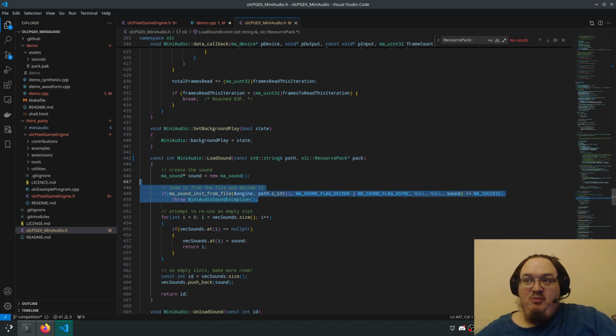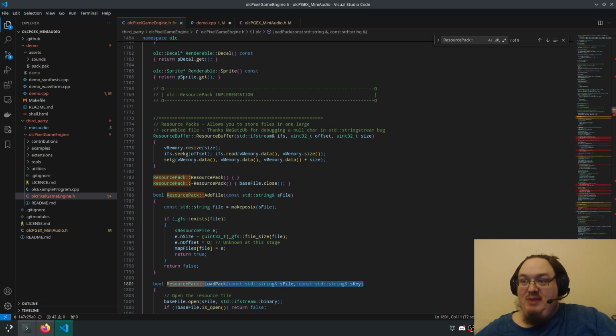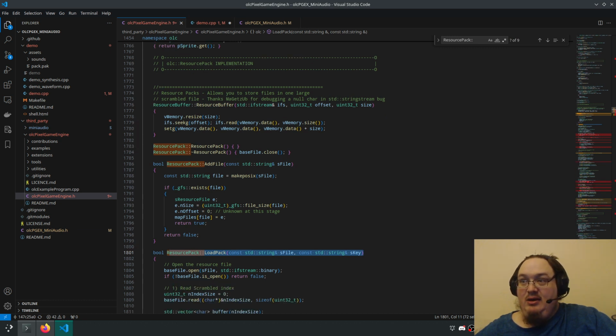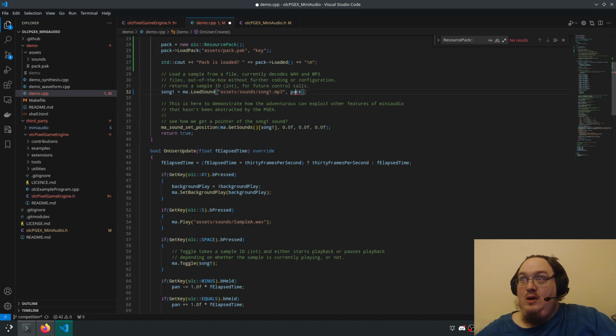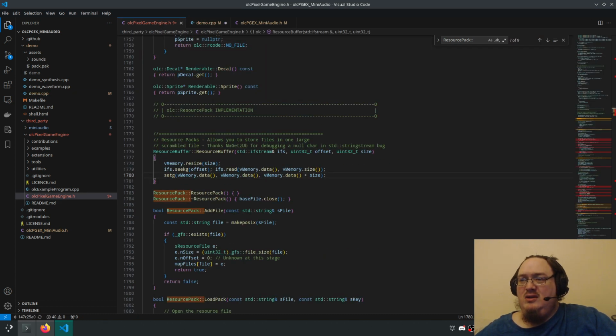Okay, so this is going to be our first challenge. This is the first boss right here, because we assume that we're initializing from a file, but the resource pack will give us a resource buffer which has the memory itself. So yeah.